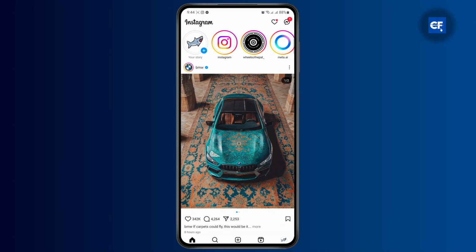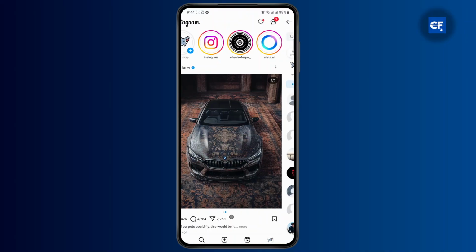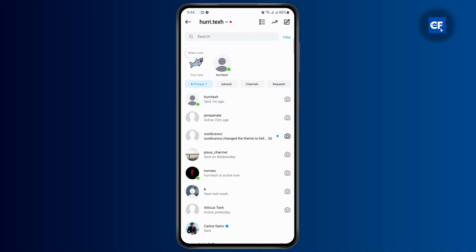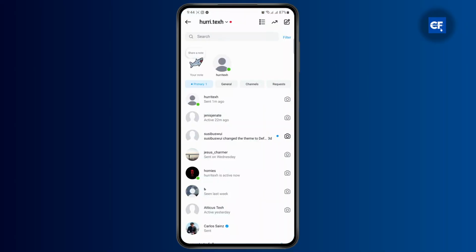Just make sure that you're logged into your account. Once you are logged in, you're going to have to head over to the chat where you've got the view once photos, and from here what you want to do next is tap on your profile at